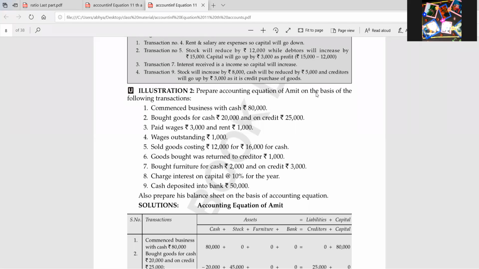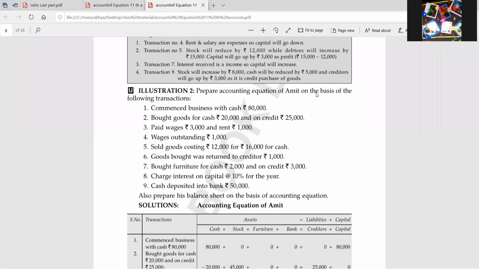Now, one question may be coming in your mind, why we have not deducted from cash? It is not mentioned in the question that the businessman has taken out that interest on capital. If the businessman is withdrawing that amount from business, then definitely cash will be affected. Then we will be deducting it from cash, but not now, because it is written in the question that you have to just charge interest on capital. It is never mentioned that the businessman has withdrawn the interest on capital.